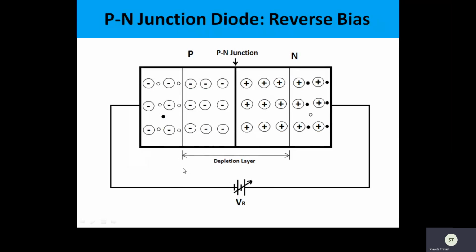And if we discuss the working of the PN junction diode under constant temperature, the minority charge carriers are constant, so the current due to them is also constant. So we have a very important observation that in the reverse biasing there is no current due to majority charge carriers, there is current only due to minority charge carriers, and that particular current is constant at a particular temperature and limited because it is only due to minority charge carriers.